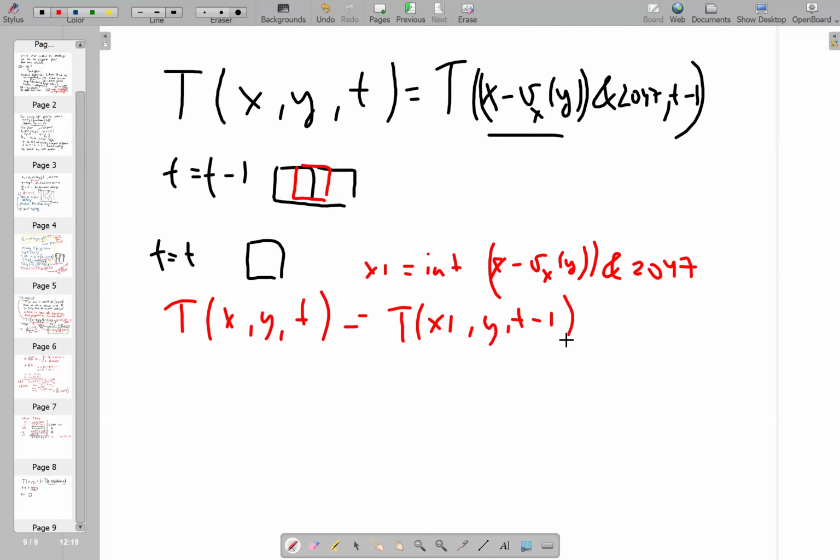How close it is to the real pixel here? The real pixel value is here in the braces, and let us define it as x naught. Now, how far is it from x1 and x1 plus 1? If x1 is exactly x naught, we take just from x1. But if it is